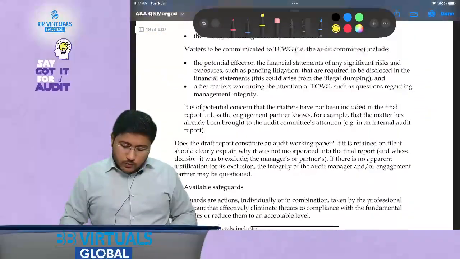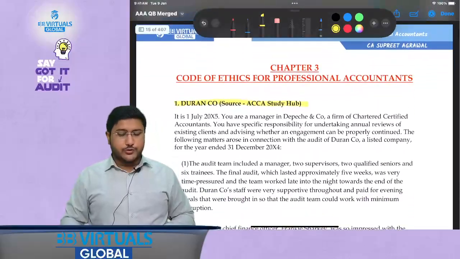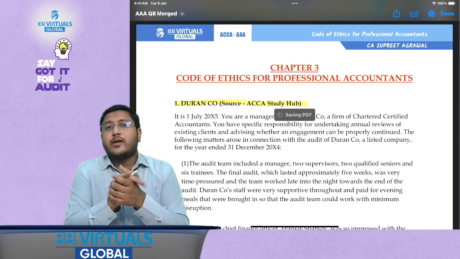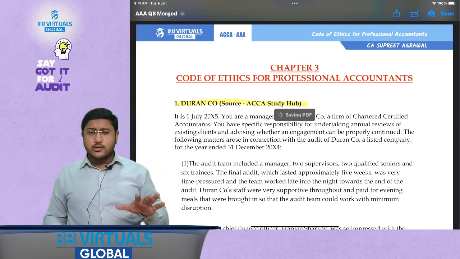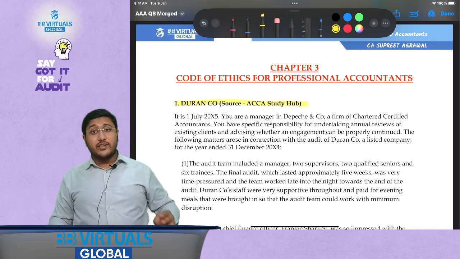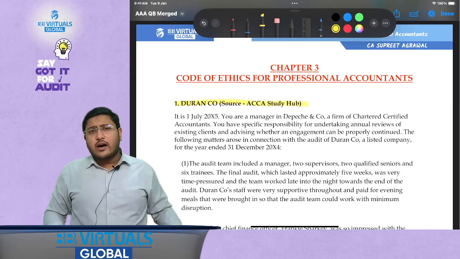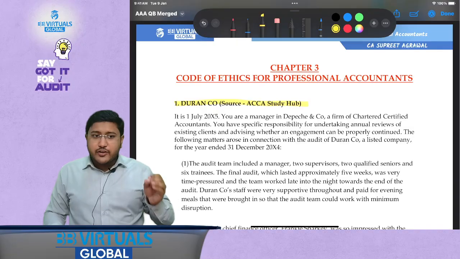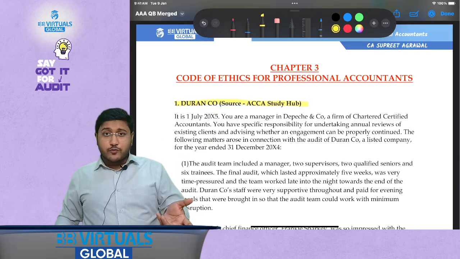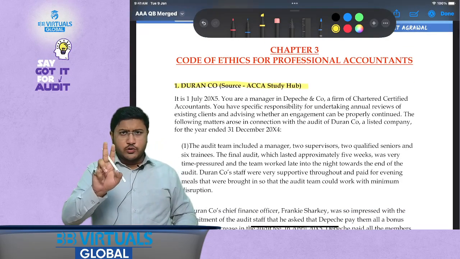Now what is important for us is that for this particular chapter we are going to solve both the questions. Why do I say that? Because this is one of those chapters which is definitely going to be asked in the examination. In your AAA syllabus, there are certain chapters which are very important for your examination. Number 1 is money laundering, number 2 is code of ethics, number 3 is planning, number 4 is completion and review, number 5 is reporting. These are definitely asked in the examination. So we are going to solve all questions, but for the planning stage, of course, we might not be able to solve all questions because there are so many. So for this one, we are going to solve two questions.